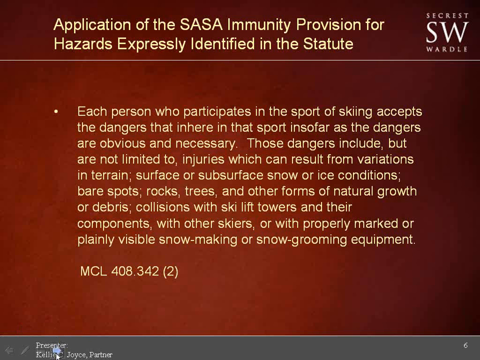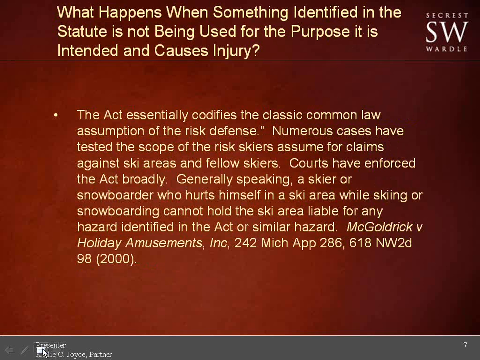The main focus that I want to get across, though, is that the SASA immunity provision is interpreted broadly. Now, in writing the statute, the legislature obviously could not think of every single situation that might arise. So situations arise where there is something that is not specifically identified in the SASA that may cause injury, or something is specifically identified in the statute but it was not used for the purpose it was intended and it causes injury. So in those kinds of situations, the court has to get involved, and that's how we get case